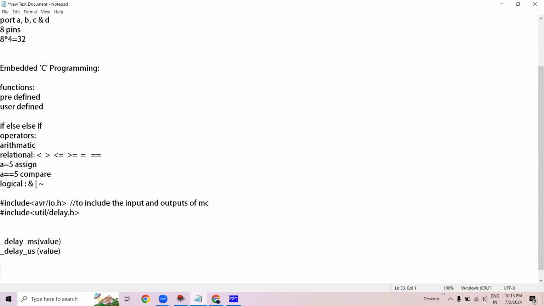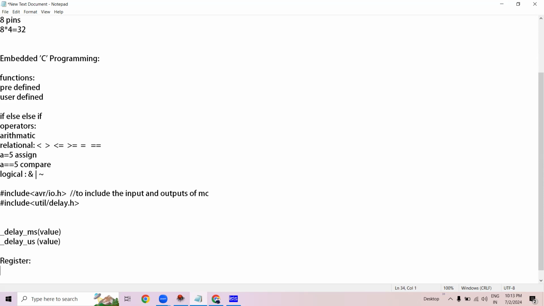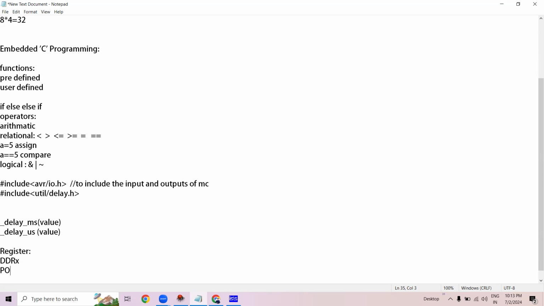Then we have registers. These are also known as predefined functions. We have a total of 2 registers here, DDRX and PORTX. DDR is called the data directional register. Data directional means